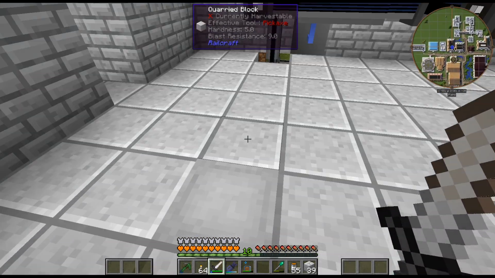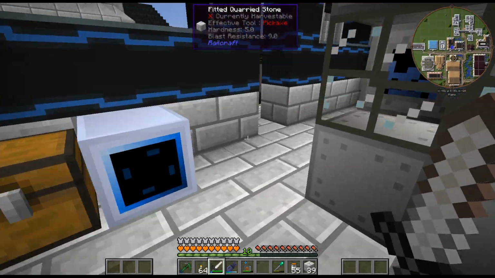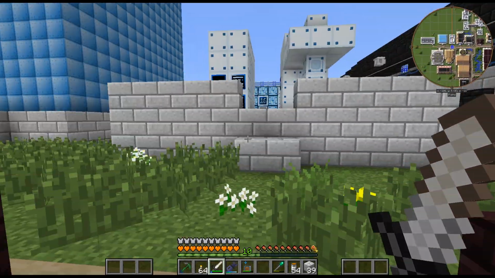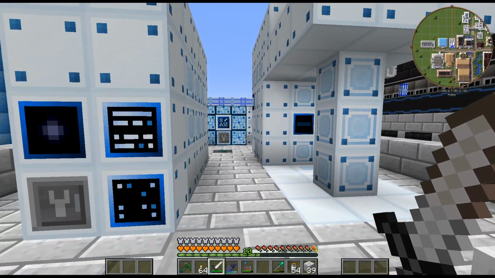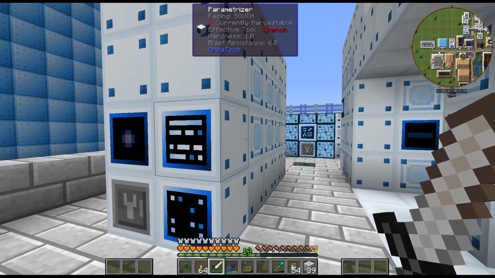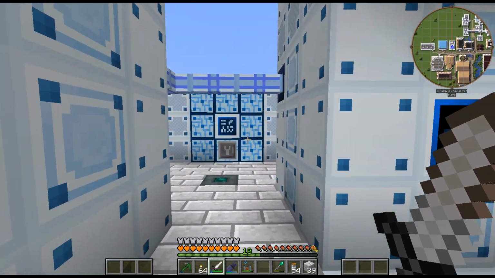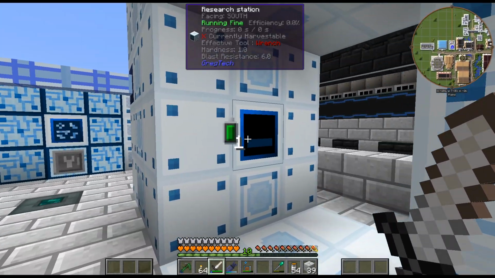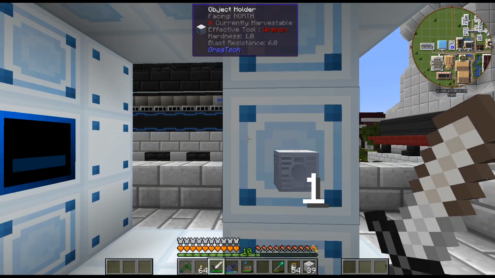But that will be for another episode. Next to this is kind of a complicated mod, and I'll definitely do a tutorial on this because it is very confusing. There's not a lot of information out there on this mod, but it is a quantum computer and it's for researching, scanning, kind of high tier,